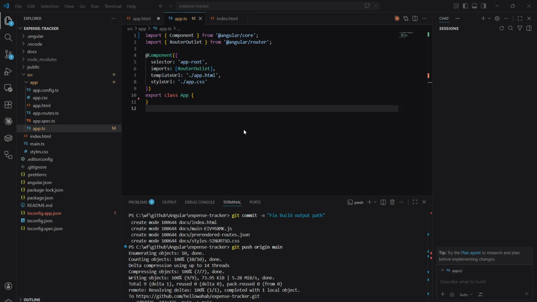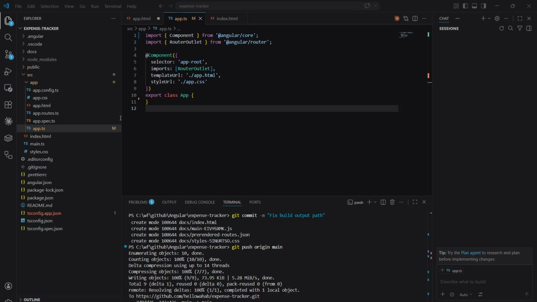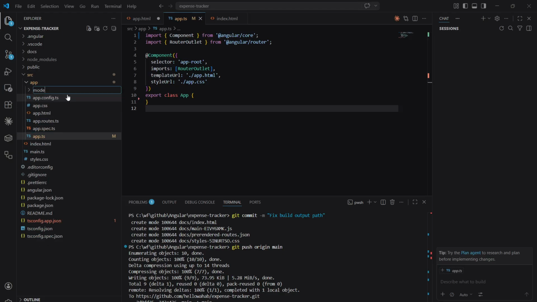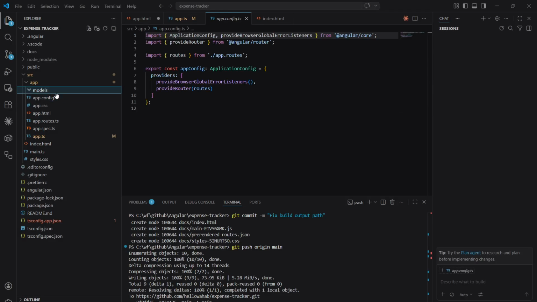We have decided to create an expense tracker. I'll be quickly showcasing how it is going to work. But what we are going to do, we are going to create a folder models, and inside that we are going to create a model file. So let's just go and create a models folder. We are going to call it models. And the file is going to be expense.model.ts. Let's just click over here, new file,